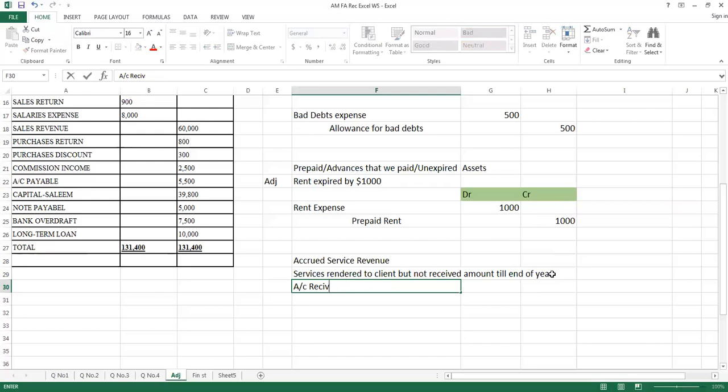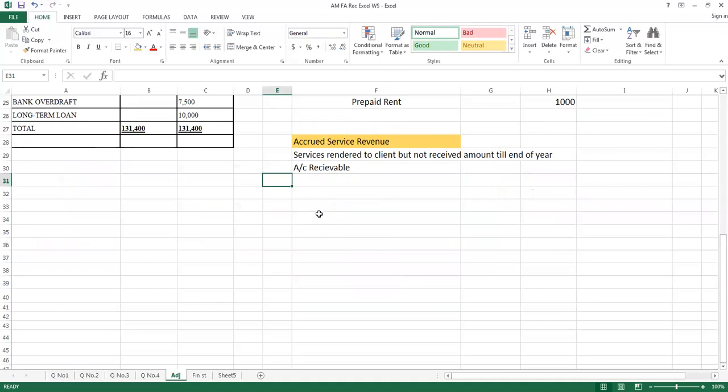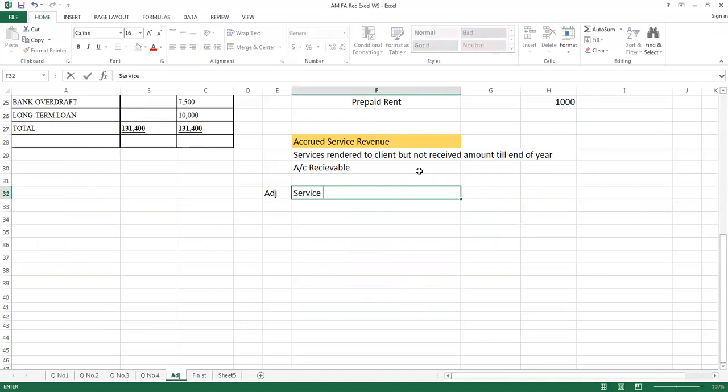because in basic accounting we know that when we render our services to a client and the client did not pay, then we claim it as account receivable. When you have this kind of situation in your question, then in the adjustment you can find an entry like this. The adjustment will tell you that services rendered to client,